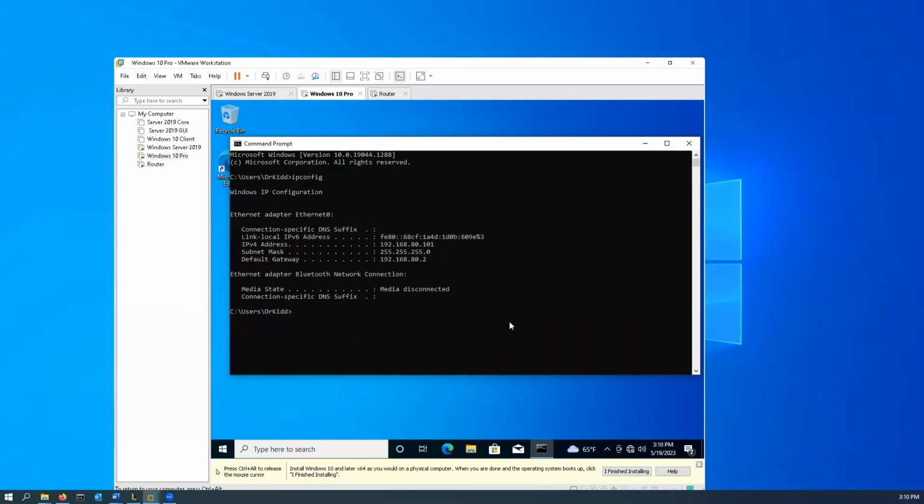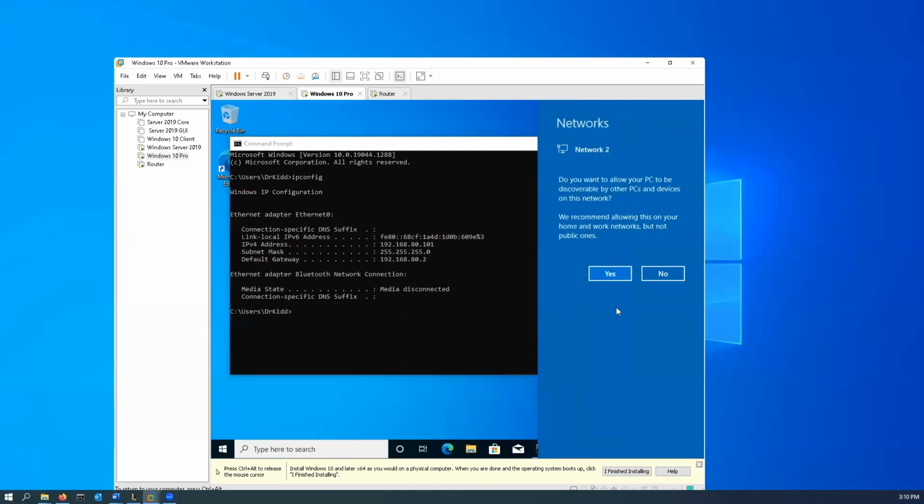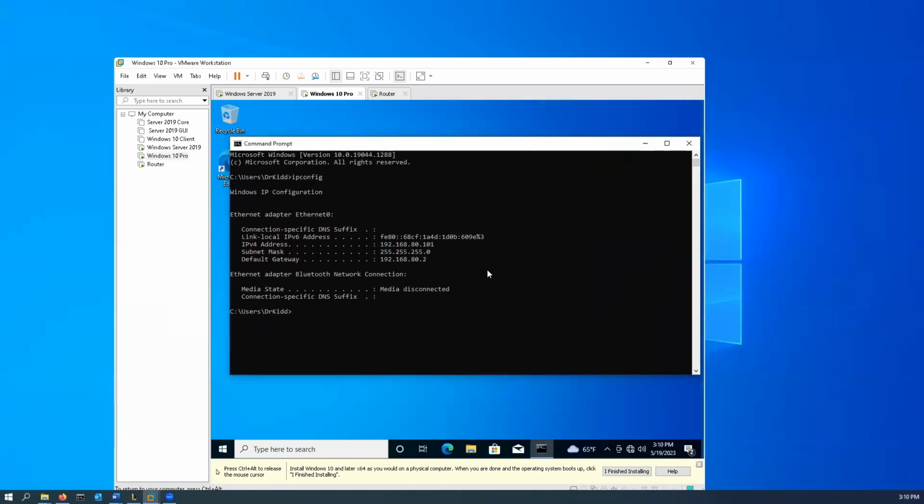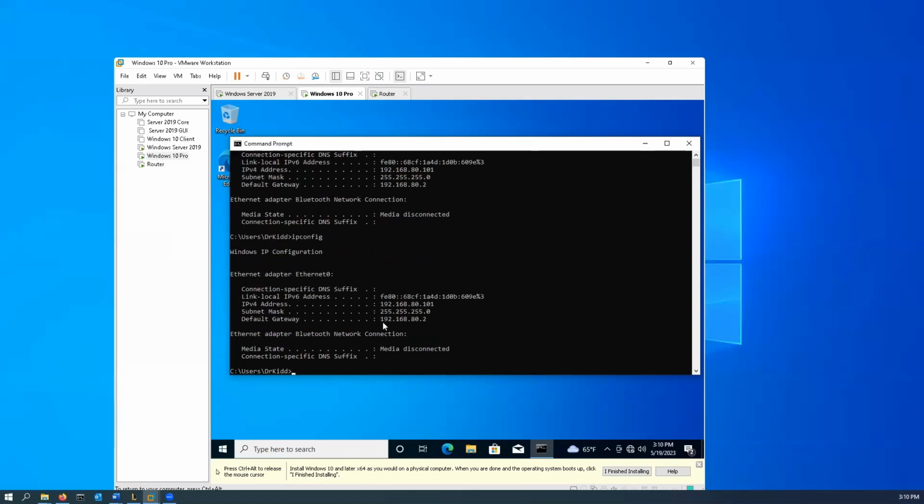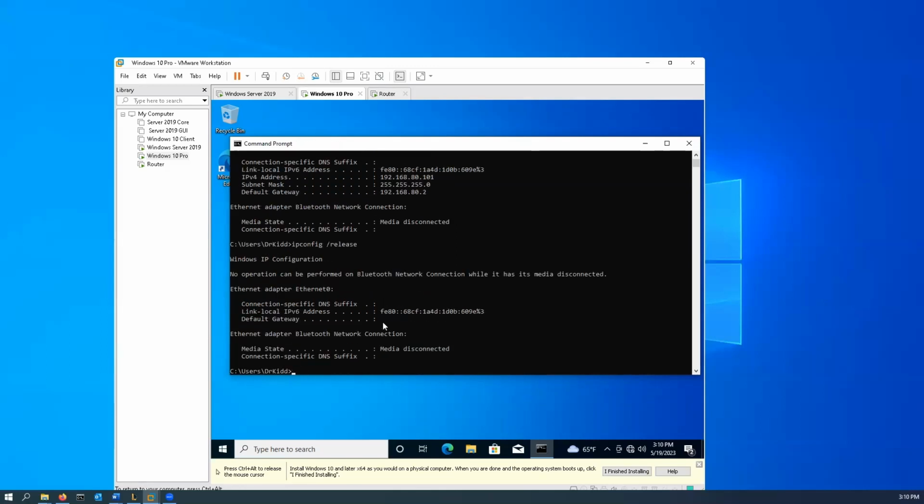So now that it's on a different network, we can go ahead and click yes. What we've just done here is we unplugged this computer from the network and we plugged it into the other side of this router. So now, if we do an ipconfig /release and an ipconfig /renew,